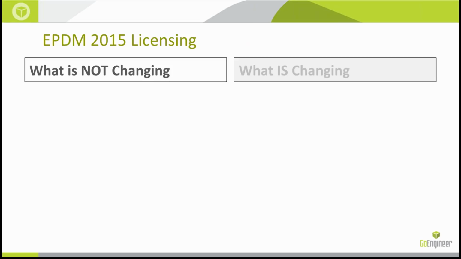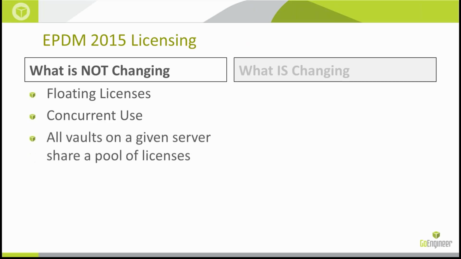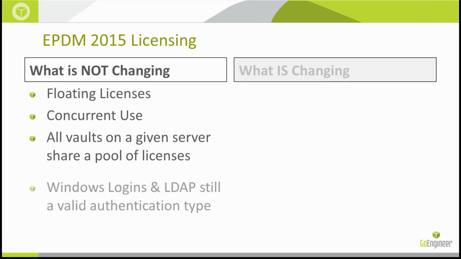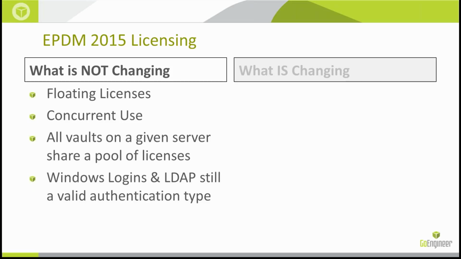So let's talk a little bit about what's not changing in EPDM licensing. We're still using floating licenses. They're still based on the number of concurrent users logged into the system. All of the vaults on a particular server still share that same pool of licenses. And Windows logins, LDAP, are still both valid authentication types. So from the functional standpoint, from the client standpoint, really nothing's changing with how those licenses are served